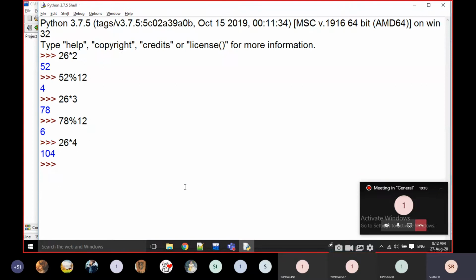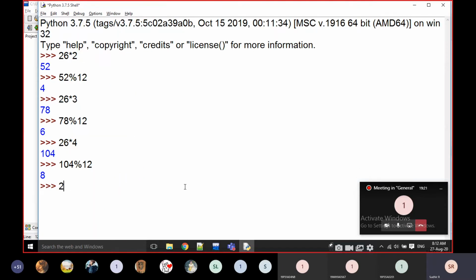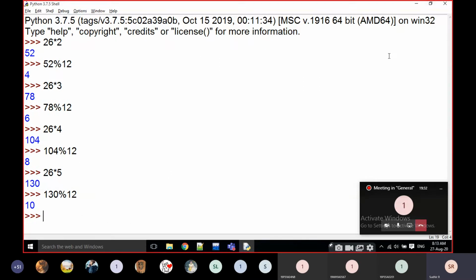Is 104 divisible? 104 mod 12 is not 0, right? Again I multiply with 5. 26 into 5 is 130. 130 mod 12, that value is 10 here.